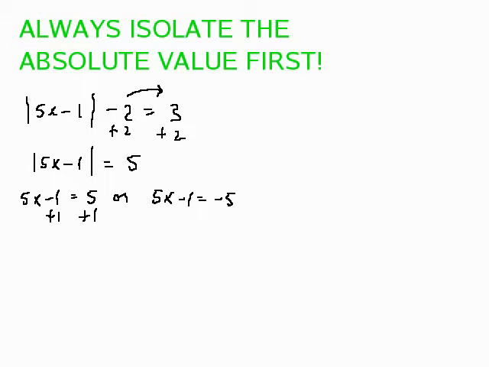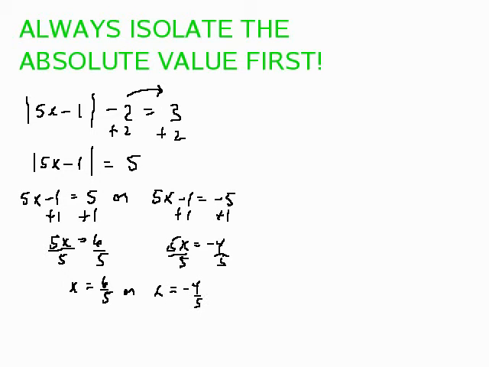So, a basic equation here. Add 1 to get x by itself: 5x equals 6. Divide both sides by 5, so the first answer, x would be 6/5. We can check it up there if you want. Add 1 to both sides here: 5x equals -4. You ready for the second answer? Divide by 5, or x equals -4/5. And we will check the positive answer this time. We could check either one.